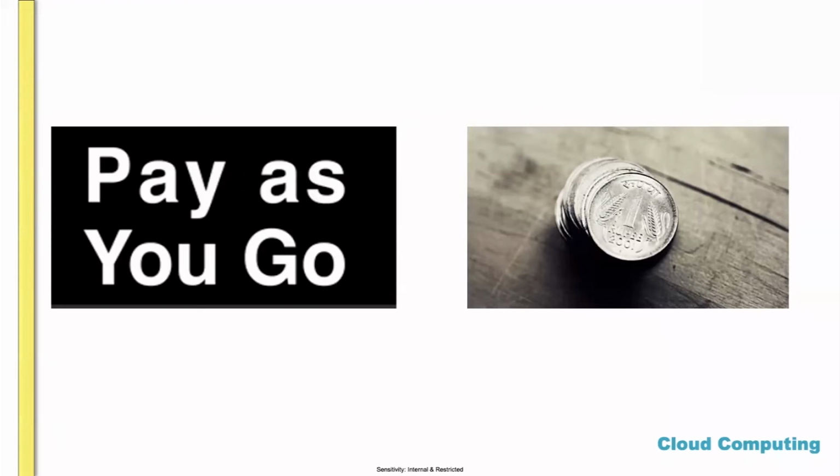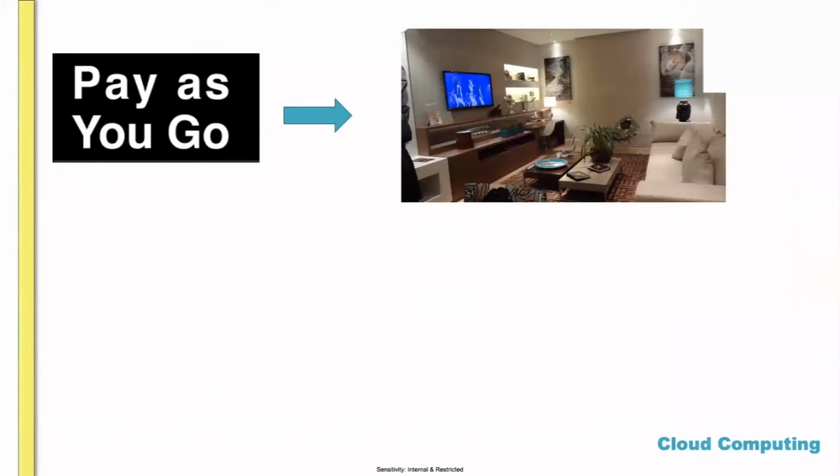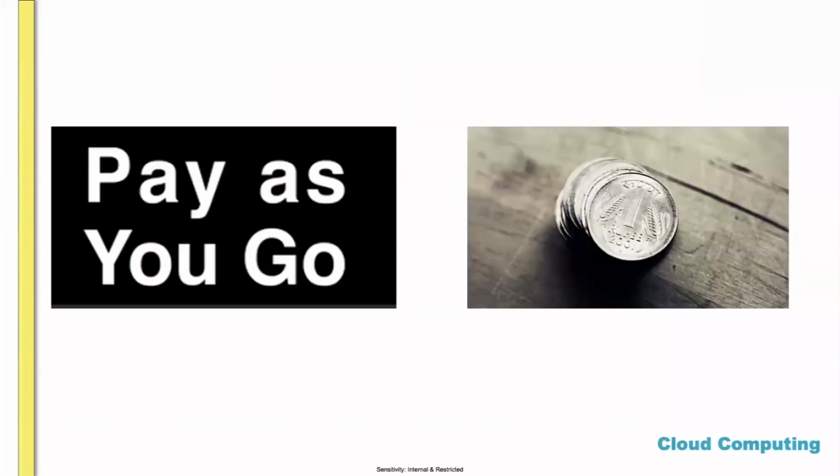This payment model is called the pay as per use model, which means in the cloud, for example, if you use 10 servers for 1 month, you just need to pay for those 10 servers. The next month you may add more servers, maybe 12 instead of 10, and then you will be paying only for that. The same way for different services. If you use some 25 terabytes of storage this month and next month it increases, you will be paying for that.